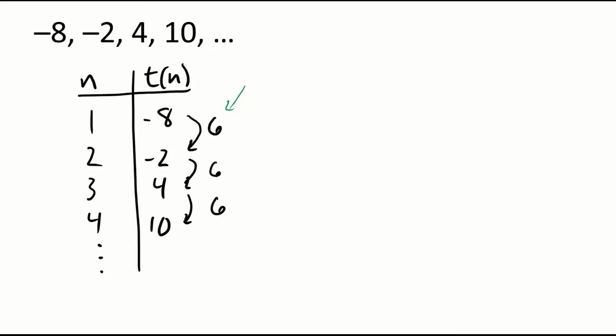That means every single time I move forward, I'm adding 6 in the list. If I was to write down t of n, that means the value of the sequence at any point n,